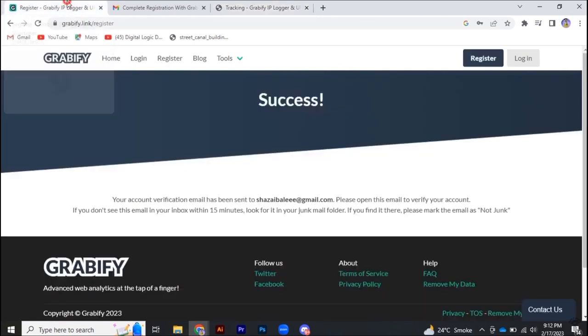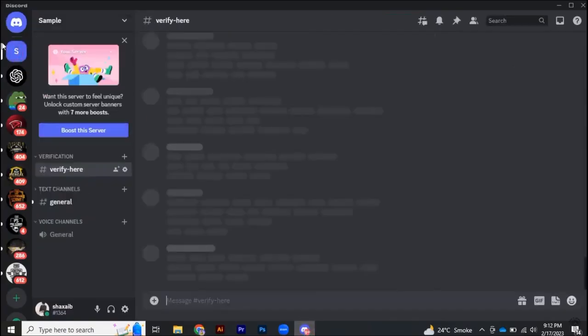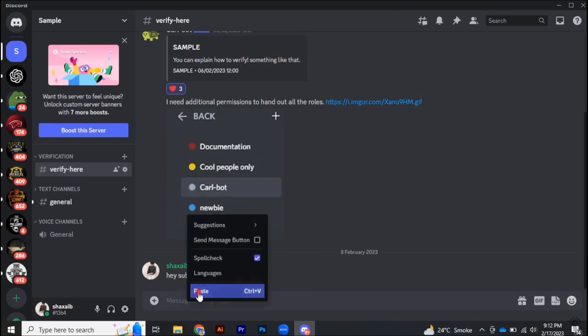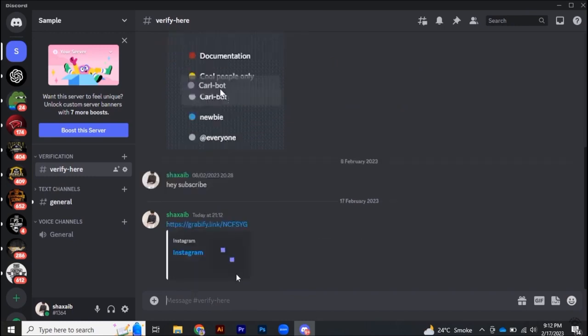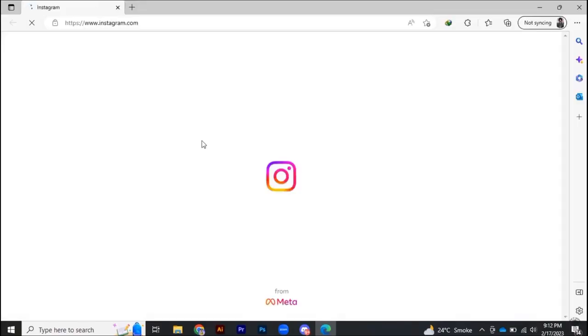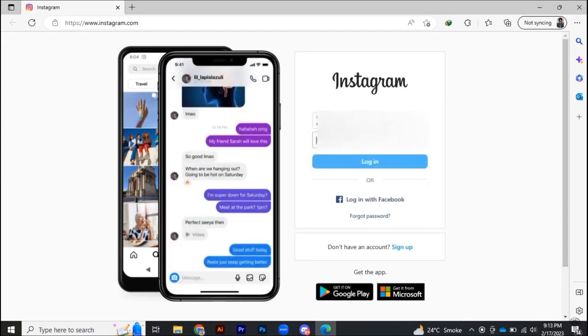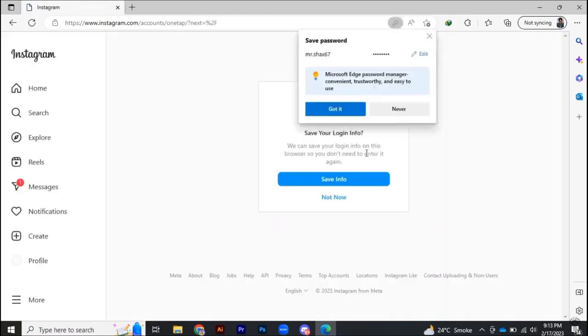And let's go back to Discord. And here I can paste this to my server. So if I paste it here, now there is the link. When someone clicks this link, say for example, I am going to click it, it is going to take me to Instagram and I need to sign in with my Instagram account. Now, once I sign in,